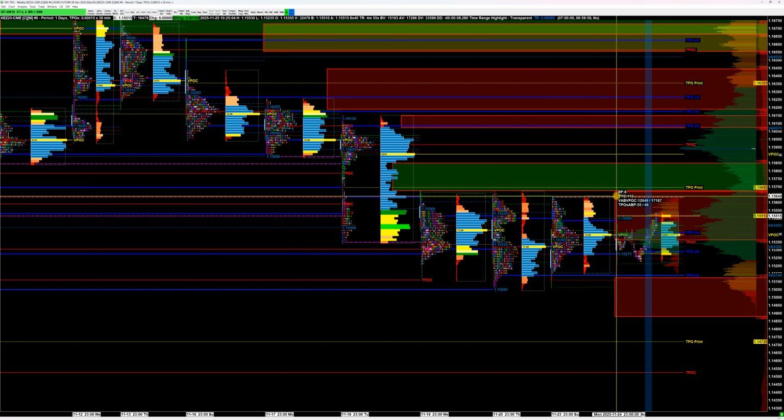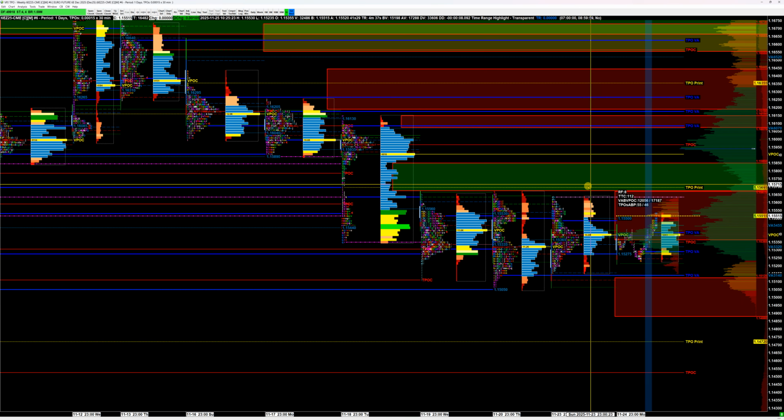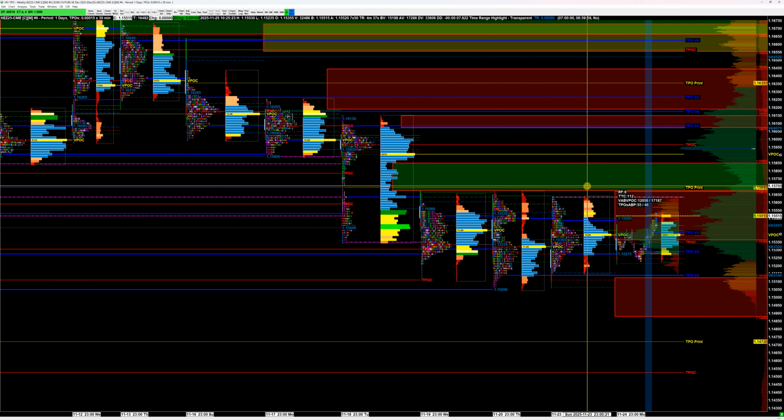So that could be fading it, with two options here. Do we go to 155.51 to 155.46, i.e. 4 or 5 points now, or do we wait until we get to that unfinished business? There's a TPO print just above, and then fade it, i.e. sell from there. Well, I don't know yet. It's an option, but when we get there, this is when I look at